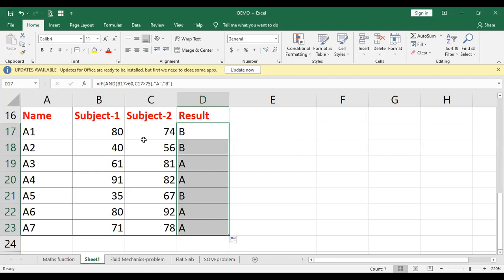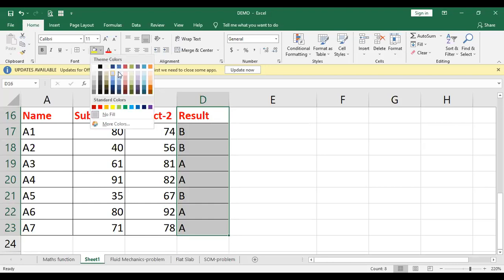Now suppose you do not know which part is the input part and which one is the output part. This is called the output part. To highlight that output part, you can simply fill it with a different color as you want.